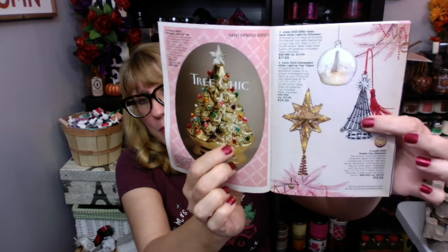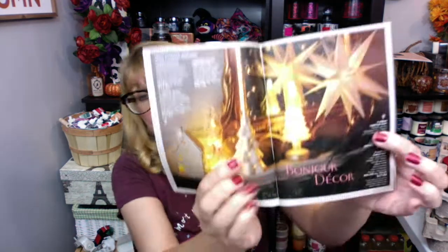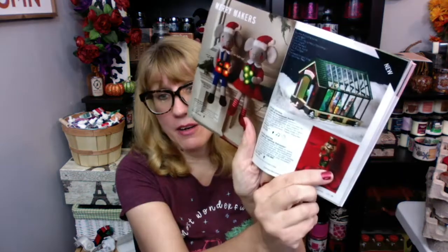Next campaign we get the tree. I know these are super popular. I've got to review this. We get the light up Christmas tree topper, and then we've got some ornaments. So more home decor items are coming. And then we got all of this stuff, which is really neat. This is the Bonjour decor. So like I said, if you want the mice or the greenhouse or the nutcracker, I would order that sooner